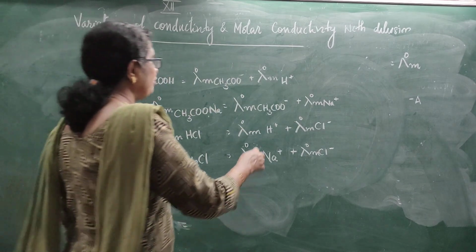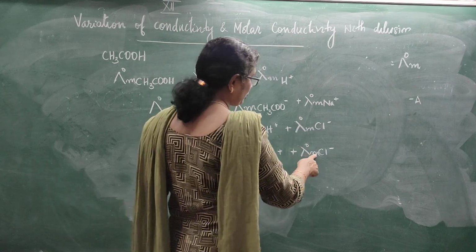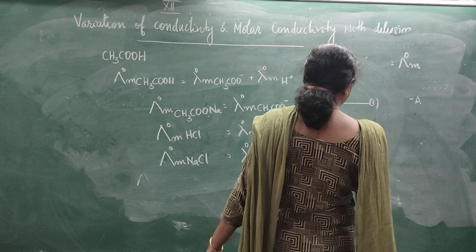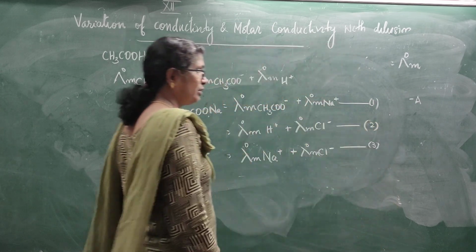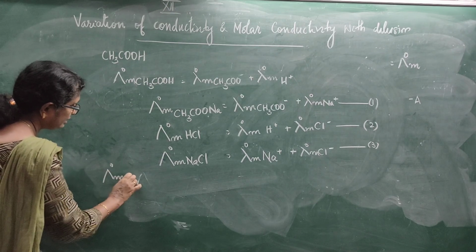So from these two you will get the ions you require, and from this you can remove the ions you don't require. So you add equation 1, equation 2 and subtract equation 3. So what will you get? Lambda ion not of CH3